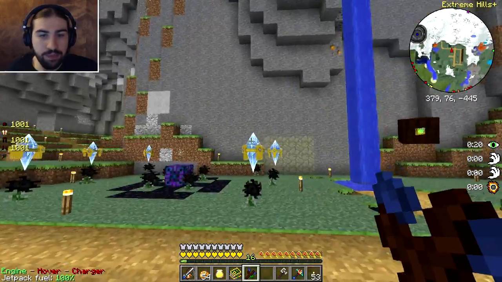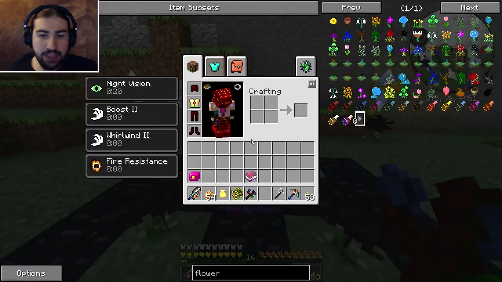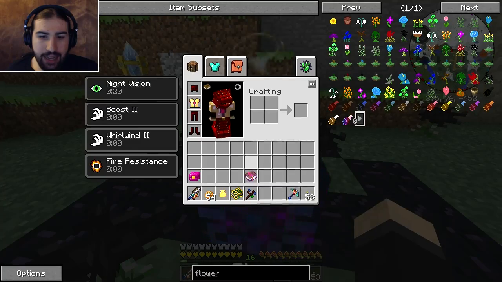Okay, so, are they linked? I can't tell. Yeah, they're linked. Okay, so I think what happens is I put an item here and then activate it. So I put down this axe and,